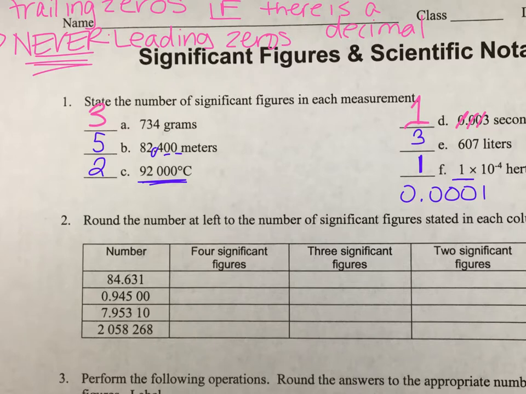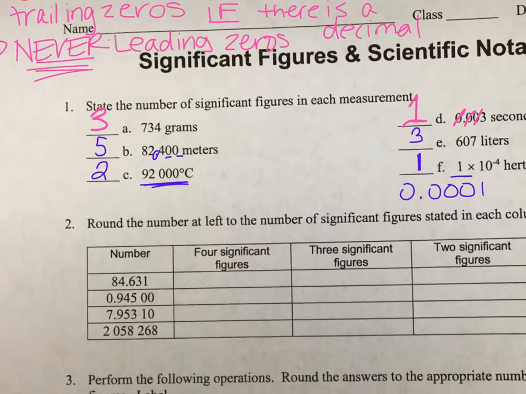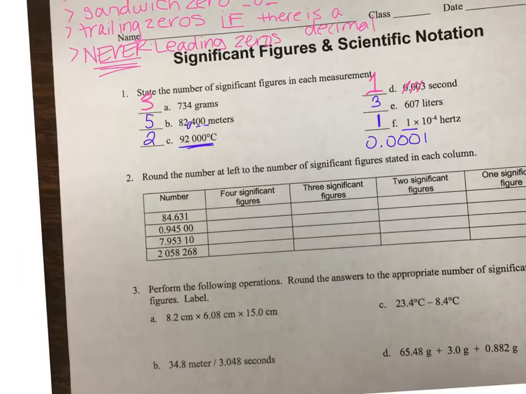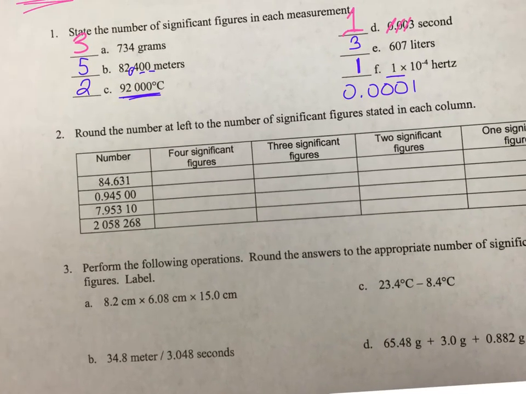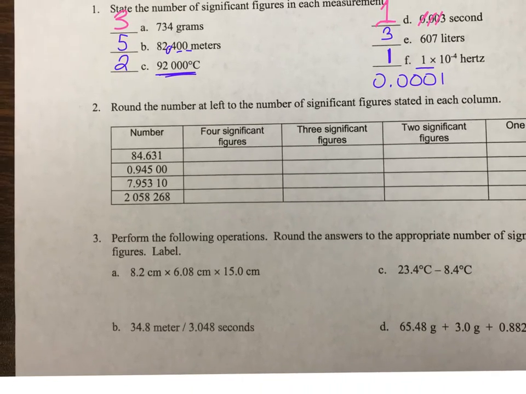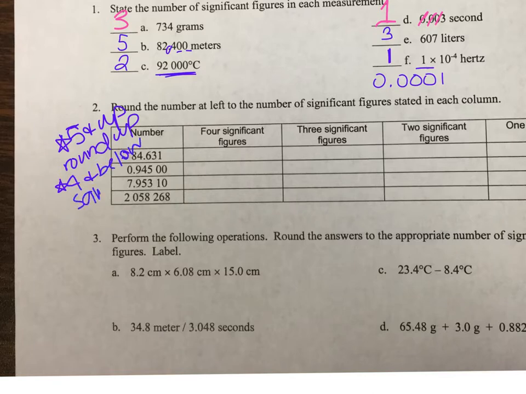All right, cool. So the next section is about taking an answer that you would get from some calculation and making sure you can round it to the correct number of significant figures so that we can make sure we can still do sig fig math. So number 2, okay, 5 and up, what do we do? You round up, right? And then 4 and below stay the same. I'm just going to write same. Oh my goodness, I'm running out of room. Okay,